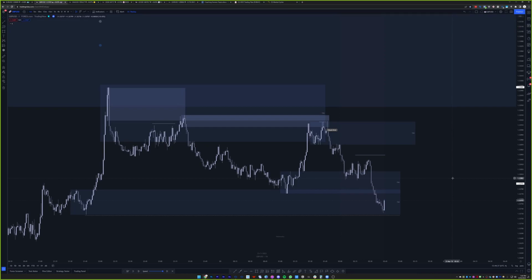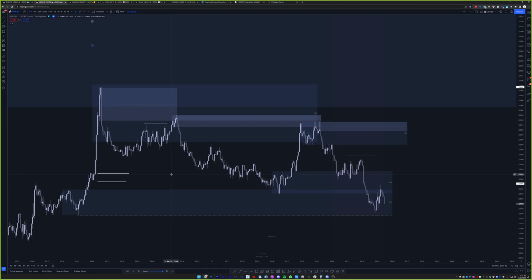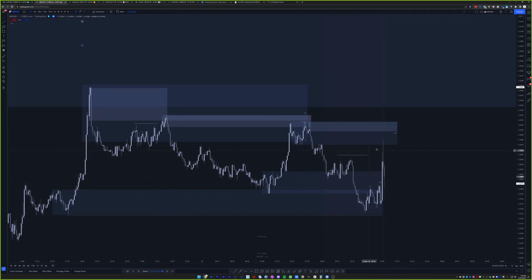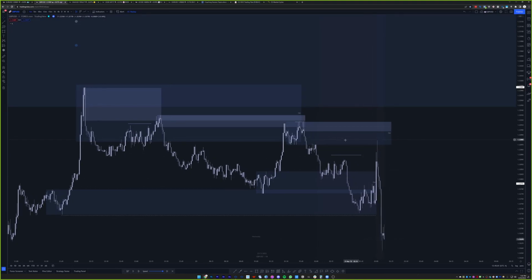I'm not going to put this on because I would not take this. And if you're new to trading this, I would say don't do this, because we want to see something here break first. So even this is that 15-minute that just came and tapped in. It tapped into the 15-minute, but doesn't tap into anything in here.